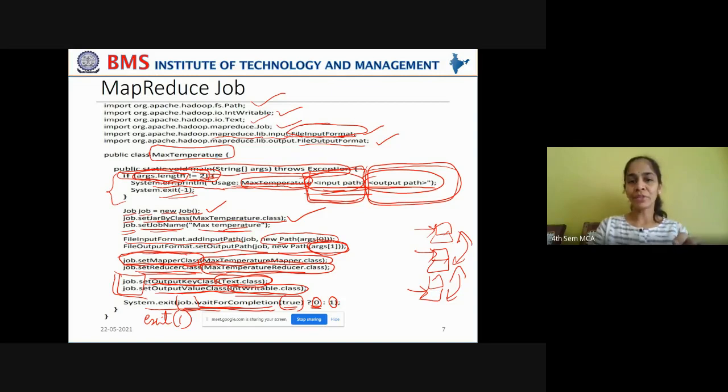As long as it is waiting for completion, as long as the status is true, it returns 0. Else, if the task has been completed, it returns 1. Now when the System.exit method receives 1, it indicates the task has been completed and the job is terminated. Right? This is how the MapReduce task runs on the HDFS cluster. Is it clear, students?